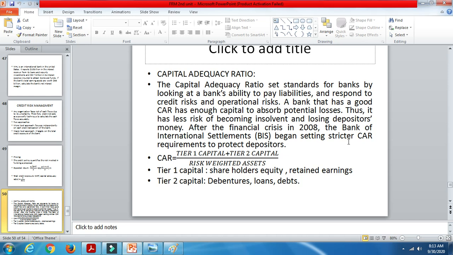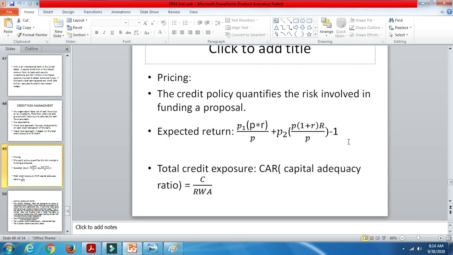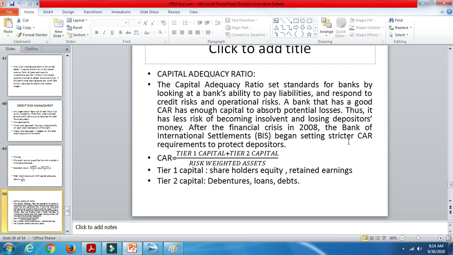The different ALM risk management techniques we have discussed are interest rate risk and liquidity risk. Today we are going to talk about credit risk: if a party is at default, how are we going to handle that? That was at the macro level. The micro level was just what I have shown you, the pricing capacity. Only one party is there. What's the principal amount? What's the loan being taken? What's the interest rate fixed? Everything will be decided, and then the loan will be given.